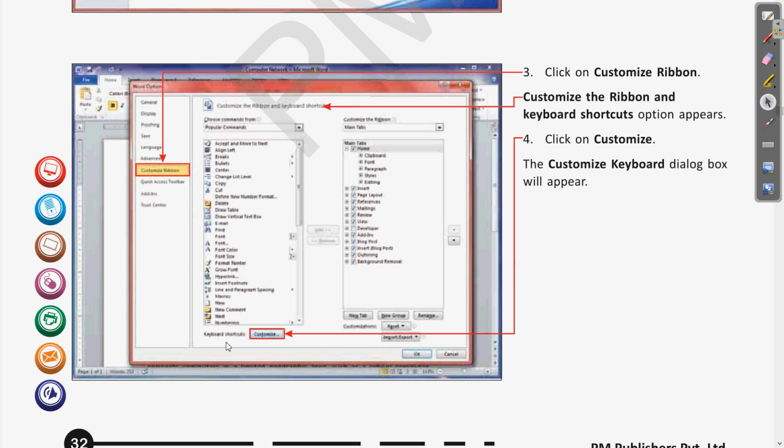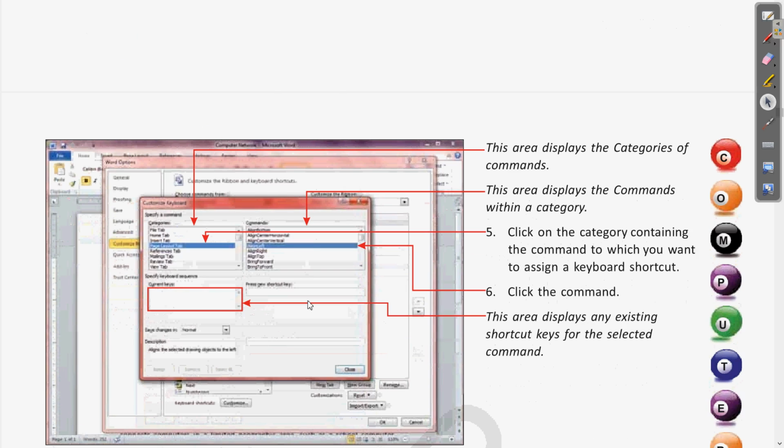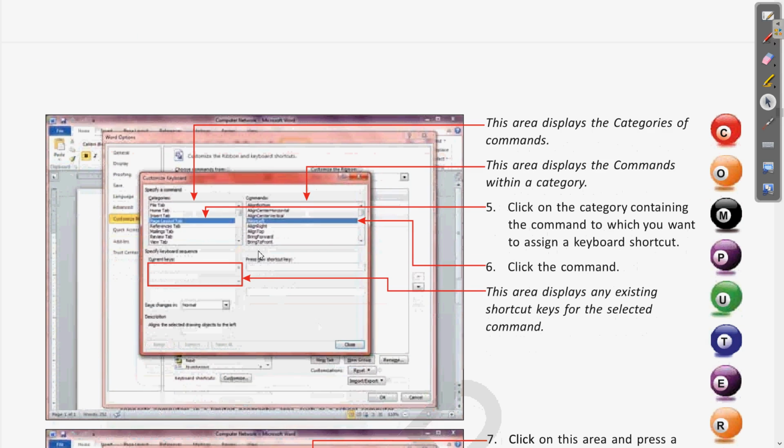When you click on Keyboard shortcuts Customize, it will open the Customize Keyboard dialog box, and from there you can choose the different categories, the different tabs, and then the different commands of those. For each of these commands, if there is an already existing keyboard shortcut, it will appear there, and if there is not any keyboard shortcut, we can make our own, and an existing one can also be modified.